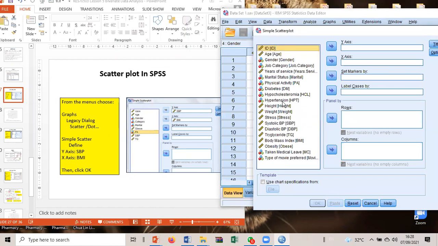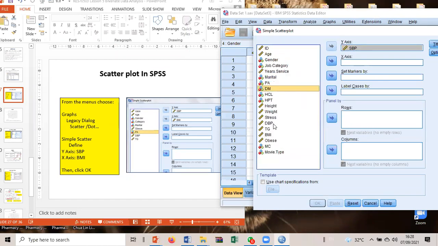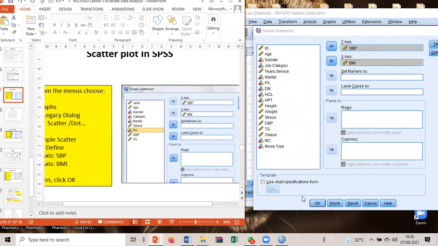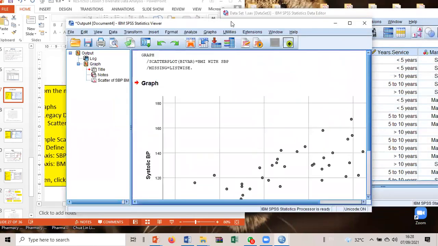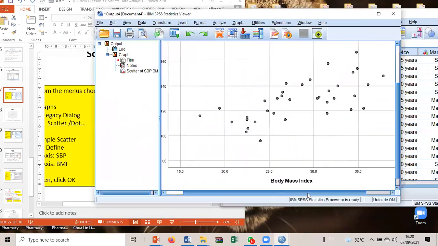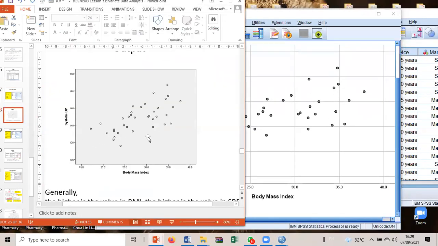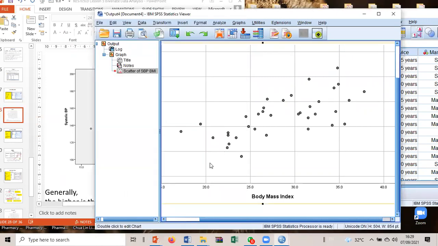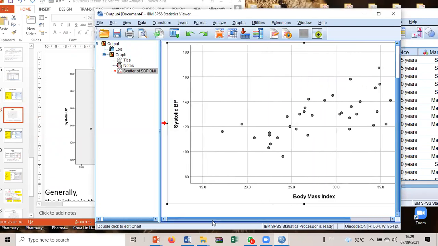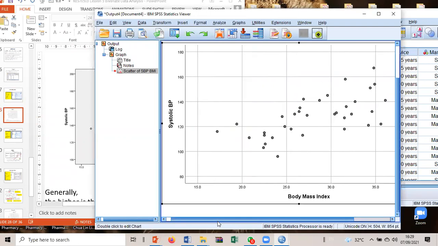Y-axis BP. Okay. X-axis BMI. Exactly what's here now. Click OK. Now you see the output. Check the output. All right. Looks like the higher the BMI, the higher the BP. Right. Looks like the first way. The next question is